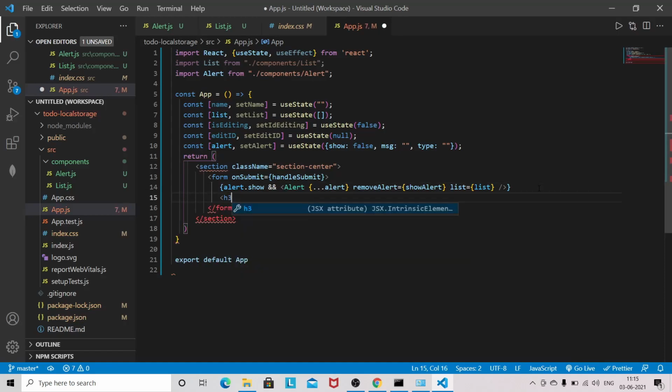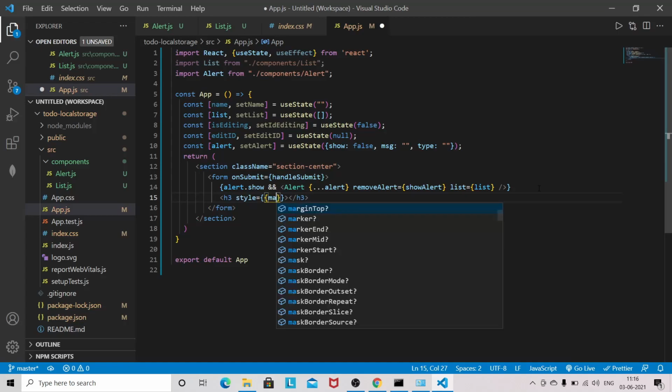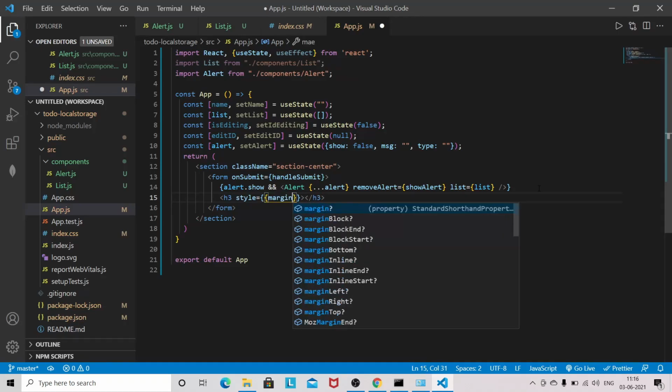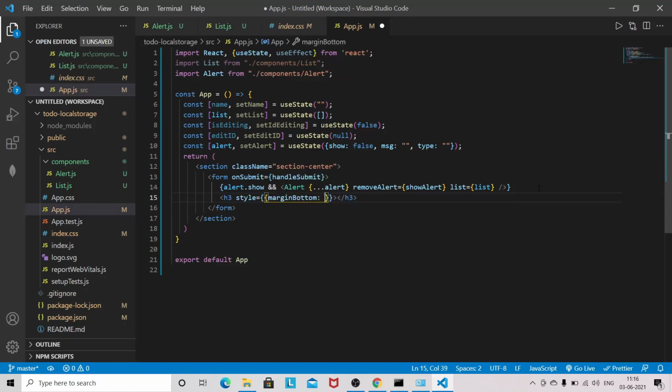Okay, so I'll give an h3 tag, and here I will be using inline styling. So margin-bottom 1.5rem, text-align center, and the title will be To Do List using local storage.